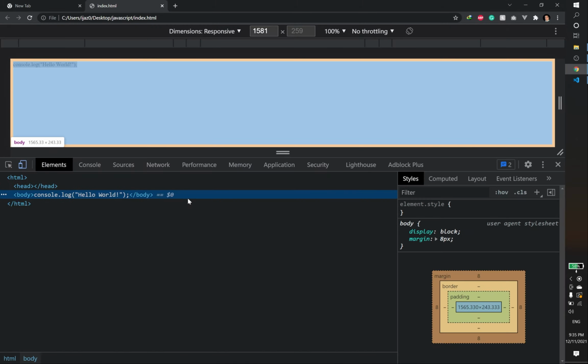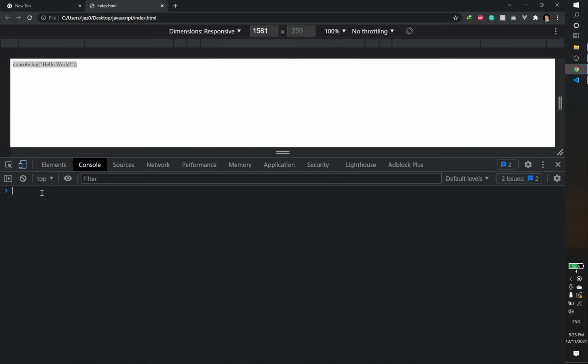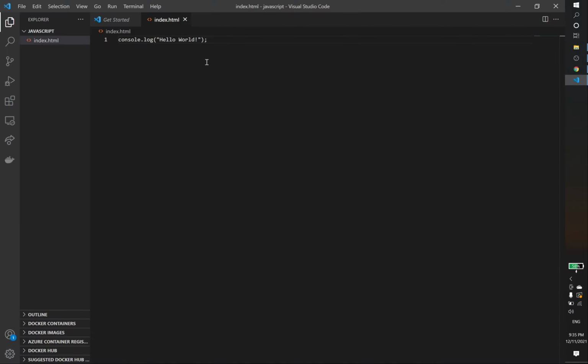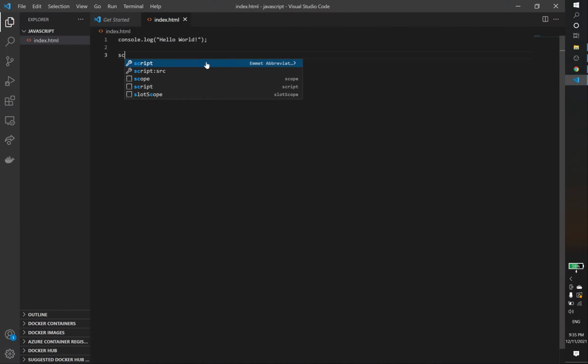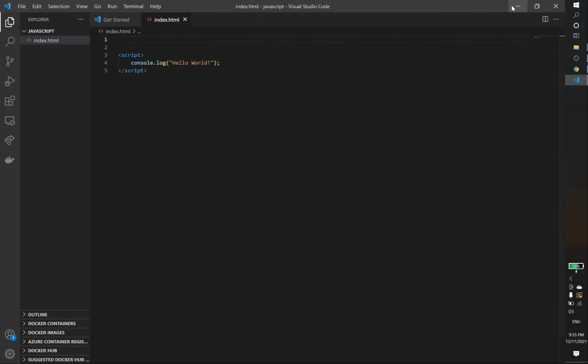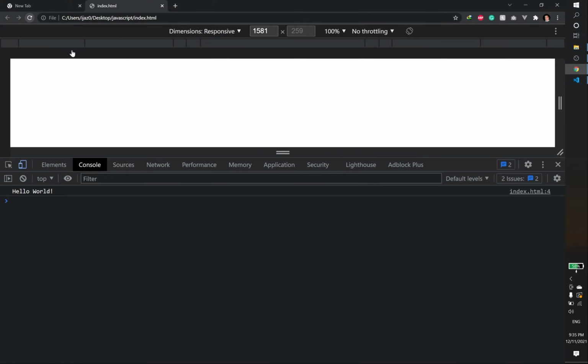If we inspect it in the console, nothing is here. So in order for it to work, we need script tags, and we will write all of our JavaScript code inside the script tags. So if we write this hello world inside the scripts, and now let's refresh our page,